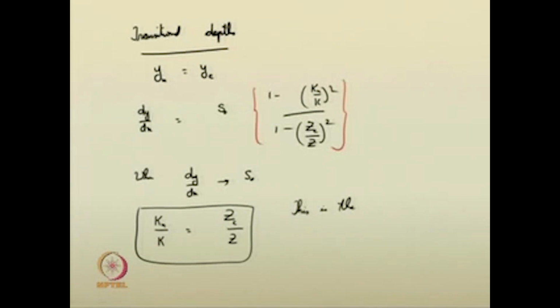This is the condition for transitional depths to exist. That is, transitional depth exists when Kn by K is equal to Zc by Z. So, just note it down again, let me repeat it, Kn is now equal to Q by root S naught for the normal flow,